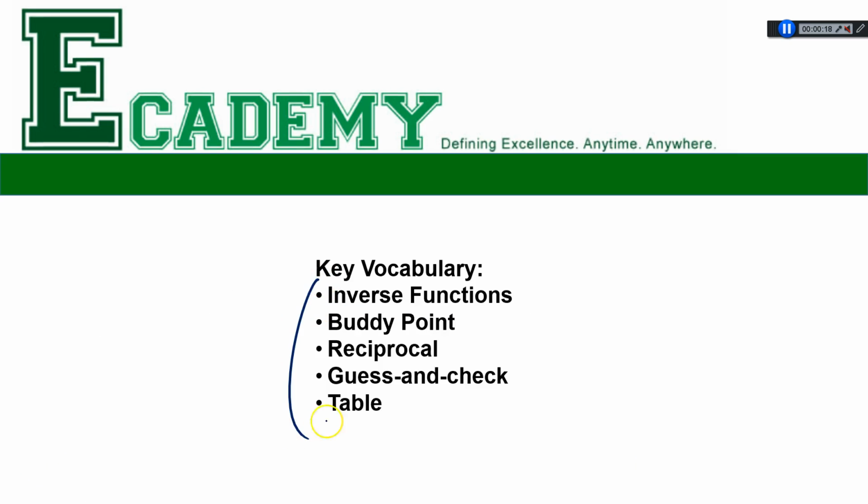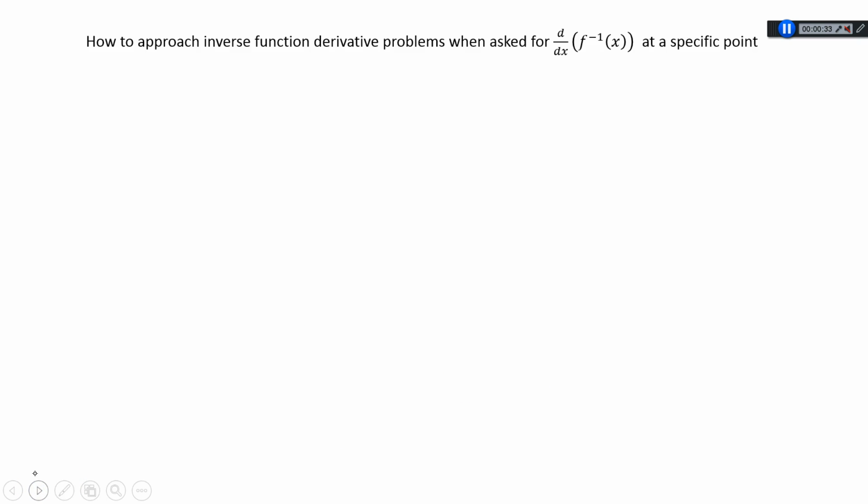So vocabulary once again: inverse functions, buddy point, mirror point, you might also hear me call that. Mirror, wow, if I could spell. Mirror point, reciprocal, guess and check, and table. These are the kinds of things we're going to be looking at. So first, how to approach inverse function derivative problems when you're asked for the derivative of the inverse at a specific point. So the whole idea with inverse functions is you get the inverse function by reflecting over the line